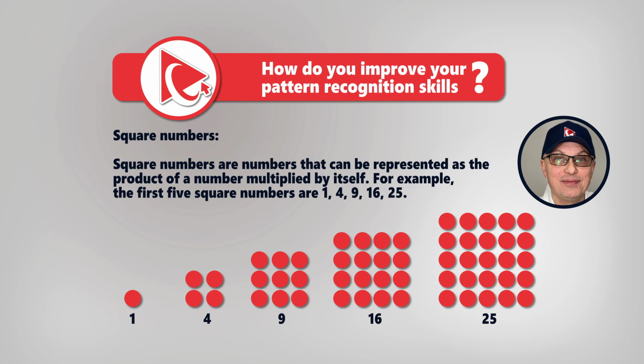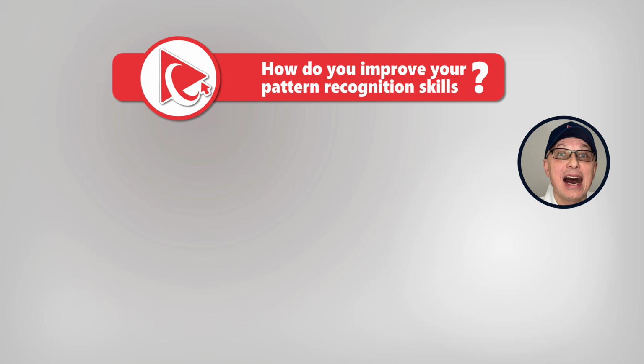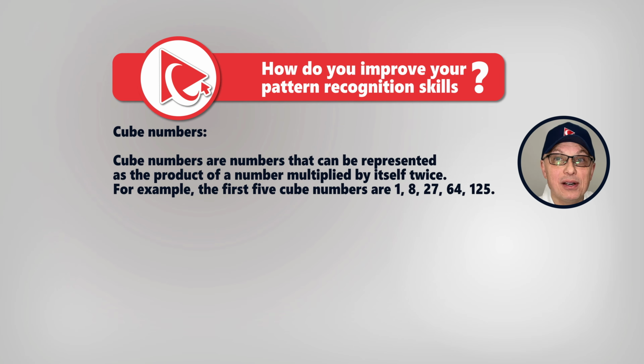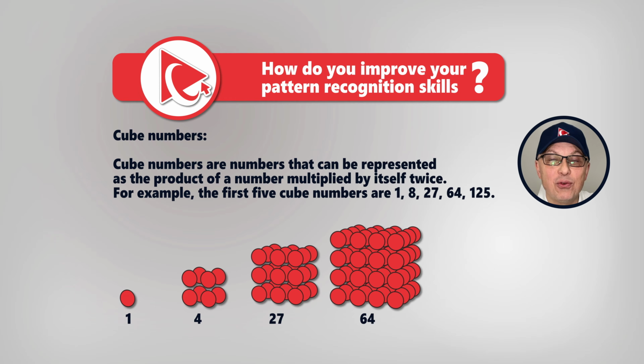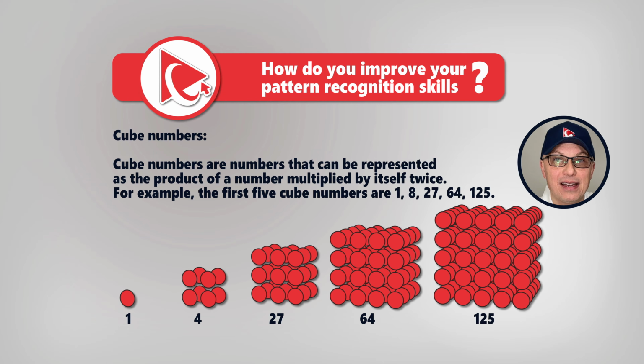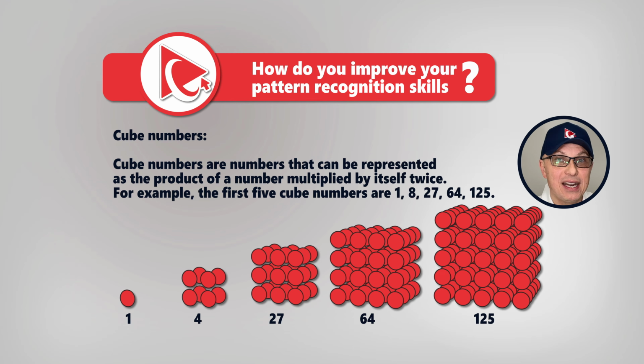is 25. And last but not least on my list are cube numbers. Cube numbers are numbers that can be represented as a product of a number multiplied by itself twice. For example, the first 5 cube numbers are 1, 8, 27, 64, and 125. Because 1 cubed is 1, 2 cubed is 8, 3 cubed is 27, 4 cubed is 64, and 5 cubed